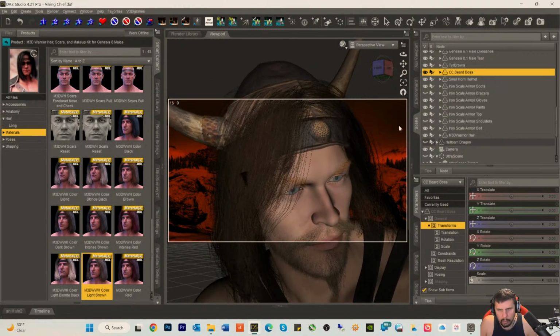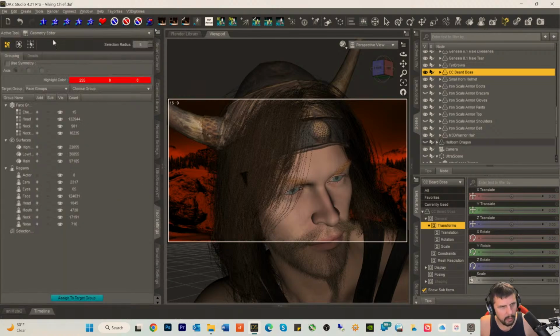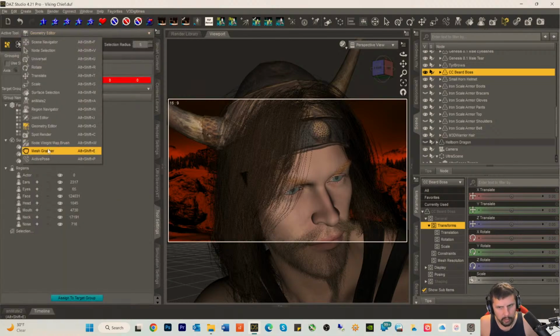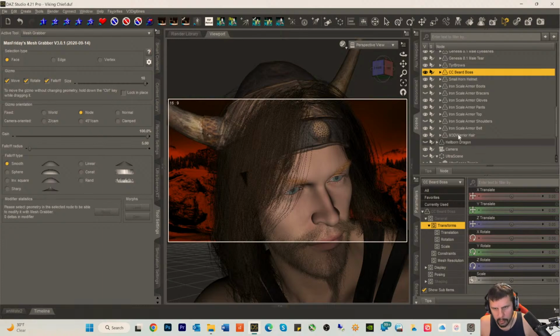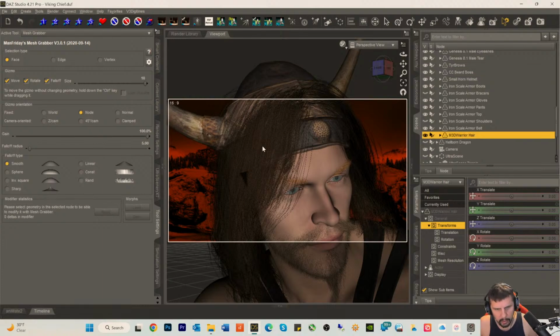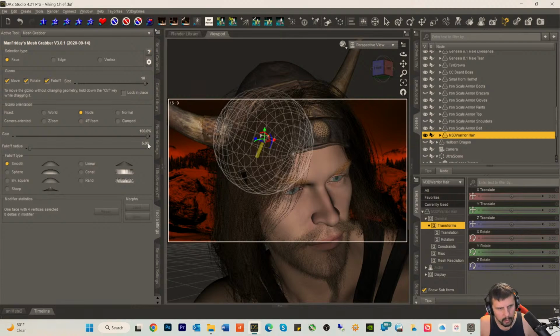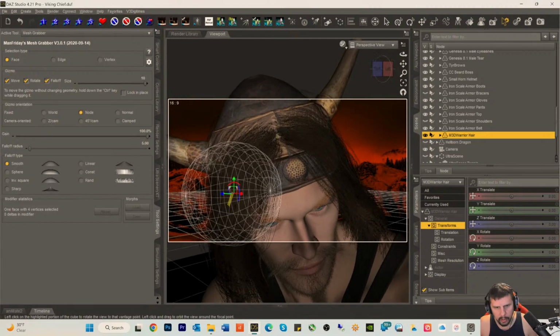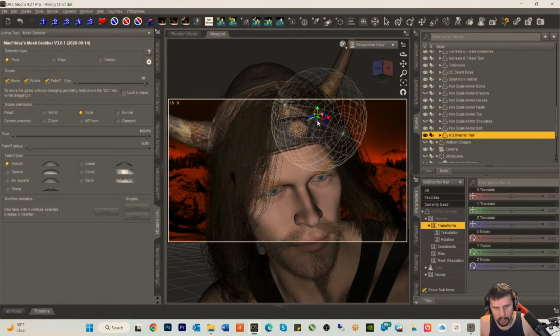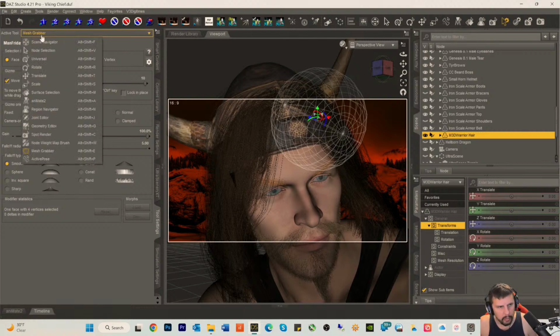Okay, let's see what happens when we go into this tool, mesh grabber. Let's go to this warrior hair. Let's go to, all right, let's first try something here. Let's go to